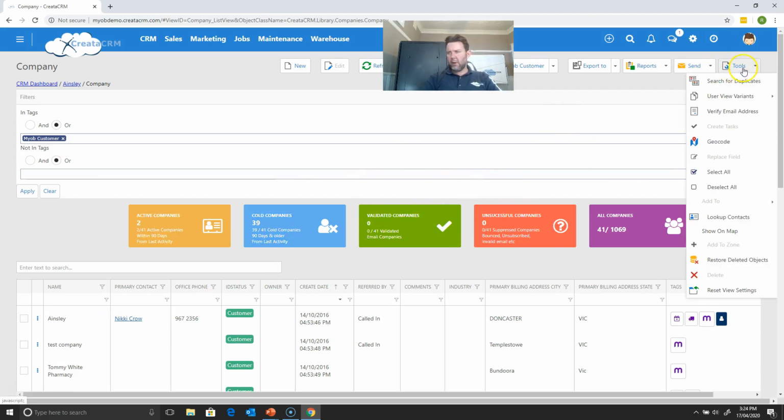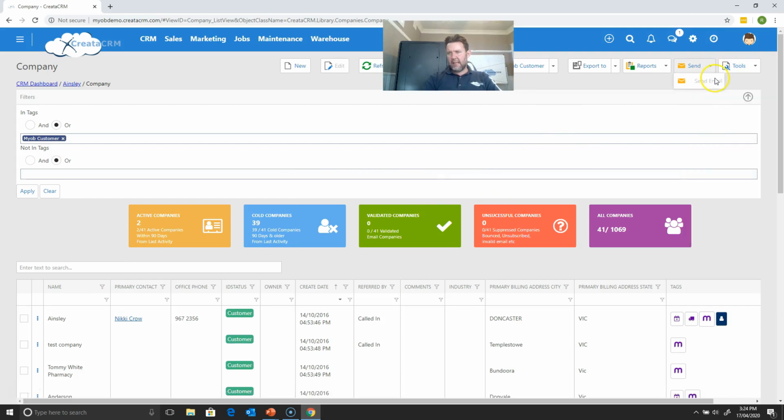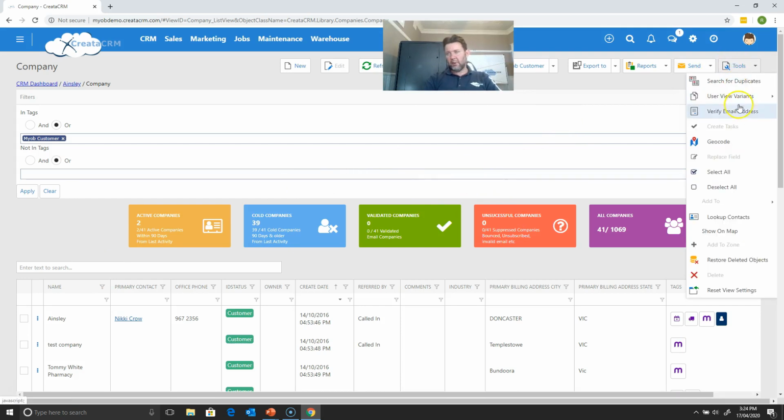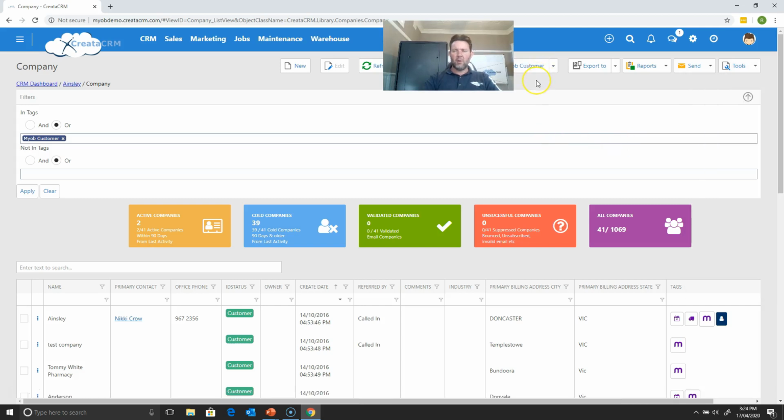Just to let you know, you can go into send emails from here. You can go tools, geolocate the whole database. That's another video itself, and it also shows all these people on the maps and so forth. So when you look up a select group of contacts, you can just send emails, geolocate them, map them, and whatever it is. So tags are pretty important because a lot of times with tags,